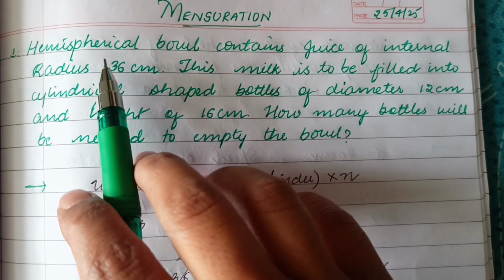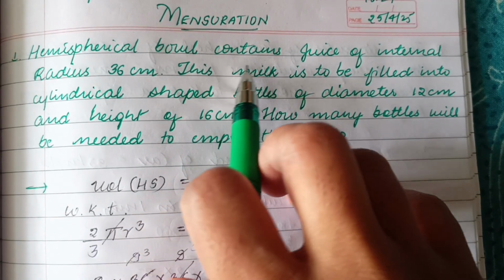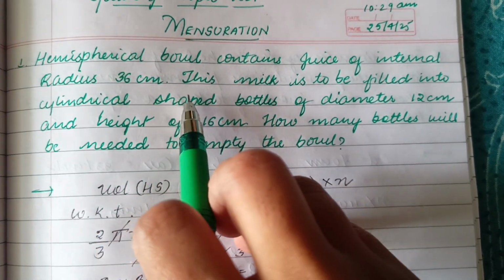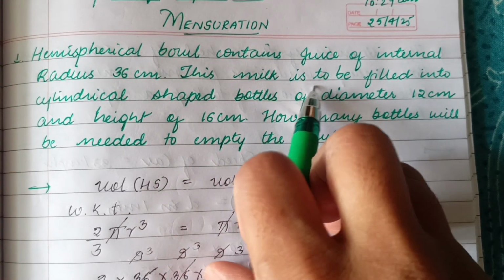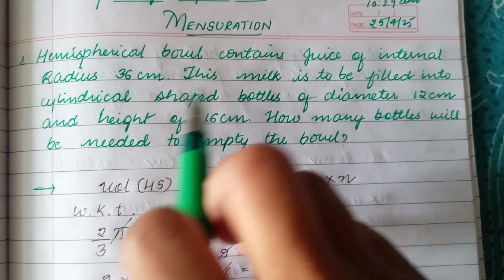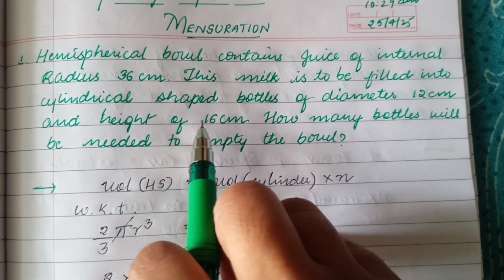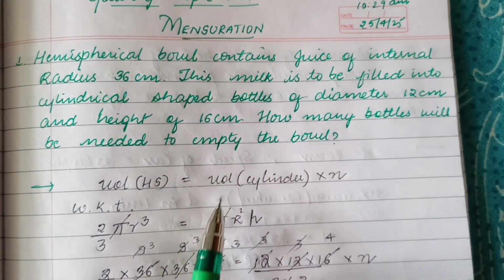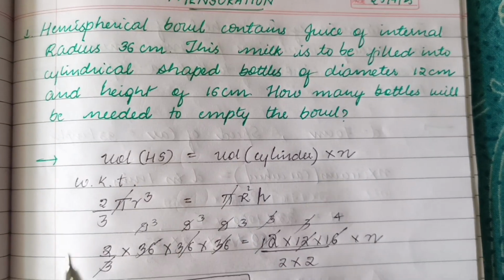So let's get started. A hemispherical bowl contains juice of internal radius 36 cm, and the milk is to be filled in cylindrical shaped bottles of a diameter 12 cm and a height of 16 cm. How many bottles will be needed to empty the bowl? So here, as you can see,